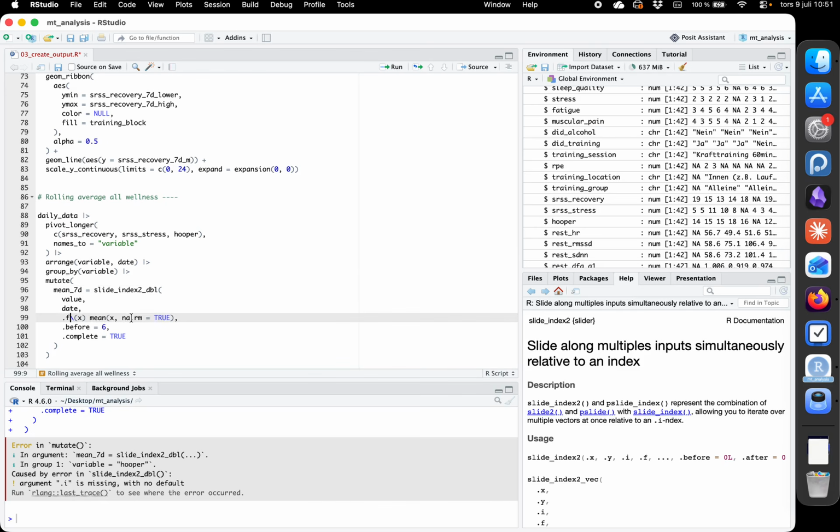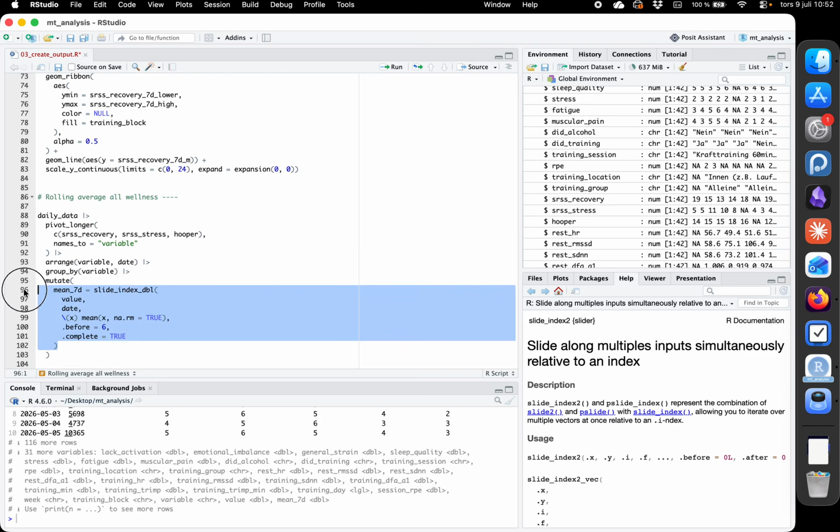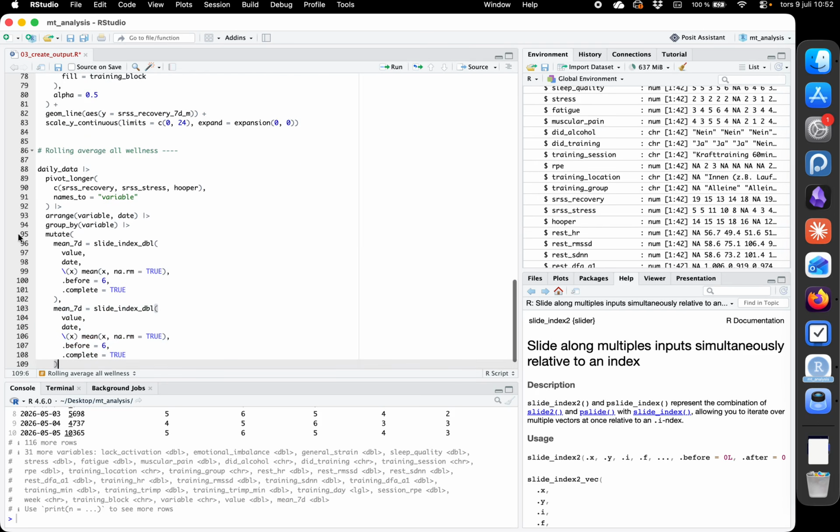Sorry, this, okay, this has the index 2. That's used to combine several columns. That's a more complex function that you're not going to use. Sorry, that's the problem. We run, we just double check, and this should be the same now for the